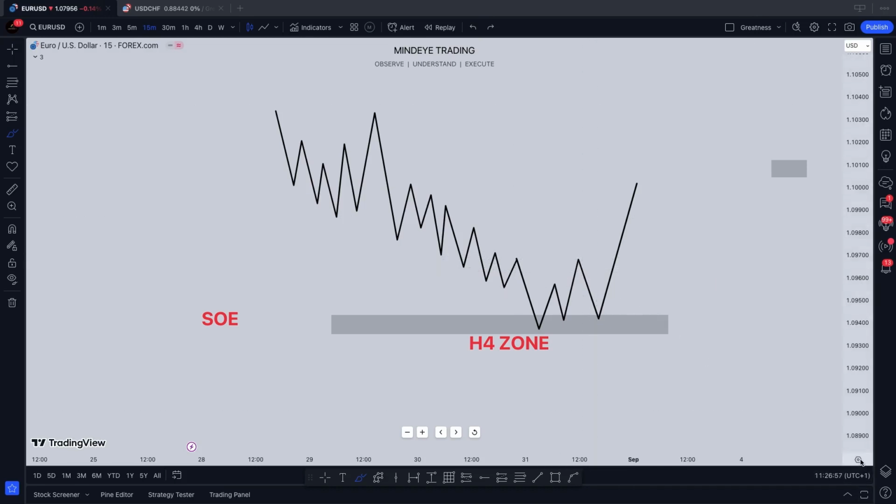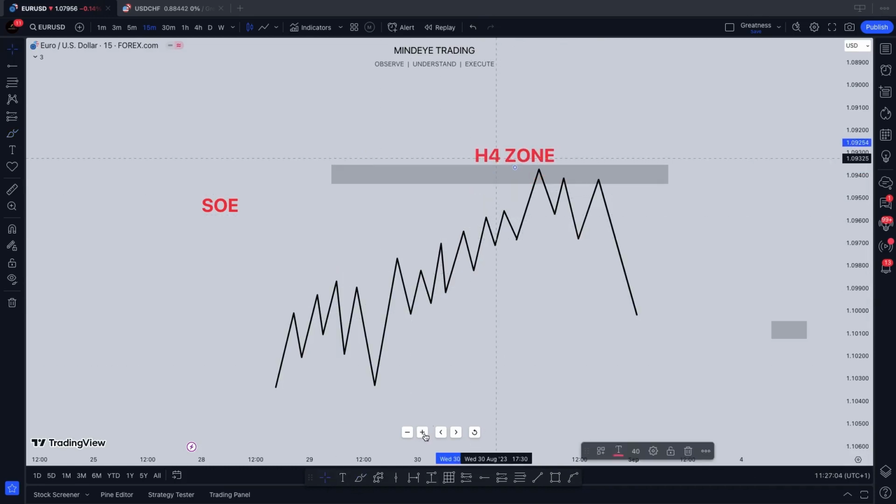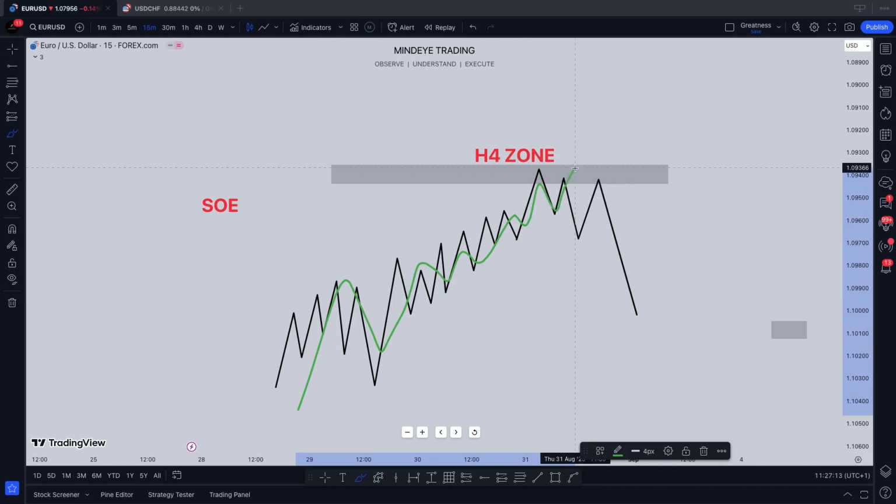The same for the opposite. When I invert this scale now, as you can see, let's say the market is currently in an uptrend, is currently bullish, and while the market is going to the upside, you are patiently waiting for it to get to your zone. When it gets there, all you just have to do is wait for a change of character, which is usually formed by taking this high, then the market coming back to take the low that formed the new high that took out the previous high, which was liquidity, then the market going back to retest that high, then continue in your direction, which is the order flow change of character.